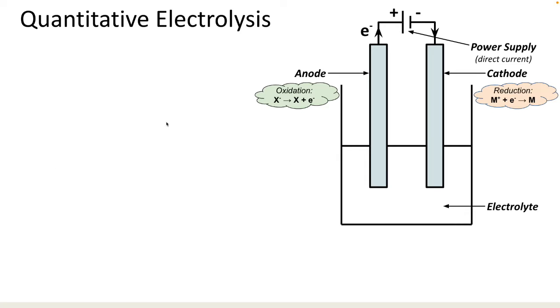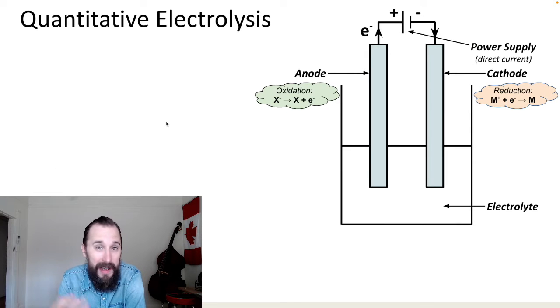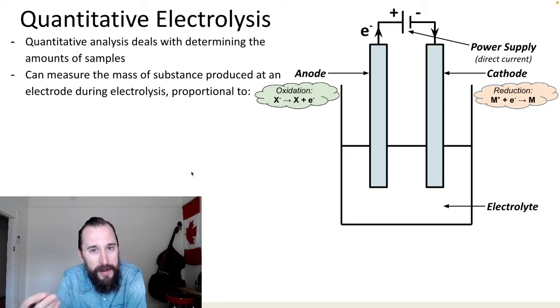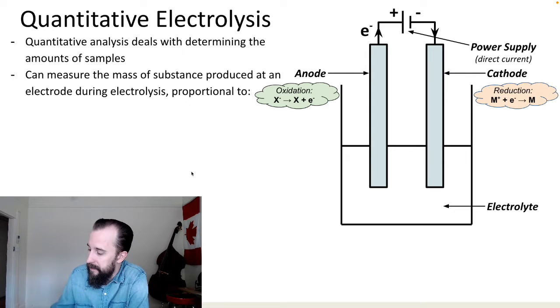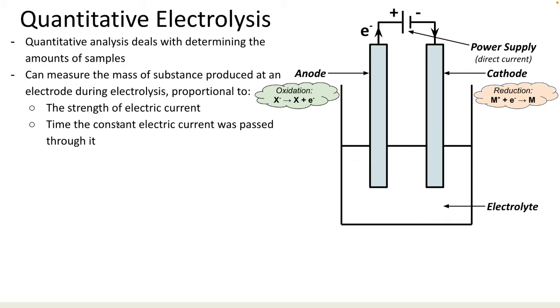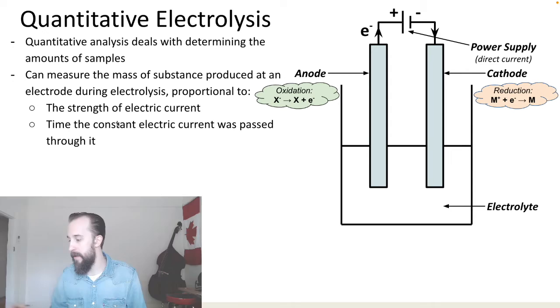So continuing very logically from our discussion last time about electrolysis and what it can achieve, using electrical energy to drive a chemical reaction that otherwise might not take place, we can do this in terms of a quantitative analysis, which, if we recall, is to do with determining amounts of samples. So in this instance, we can measure the mass of substance produced at an electrode during electrolysis proportional to the following things: the strength of the electric current and the time through which you pass this electric current through the